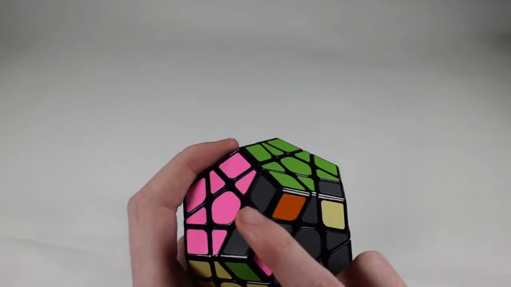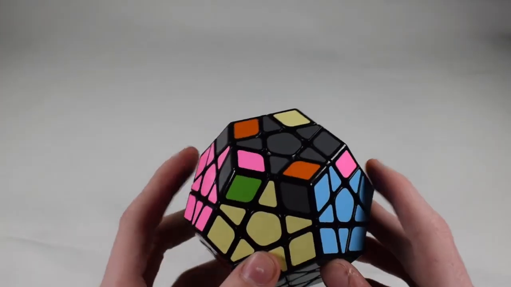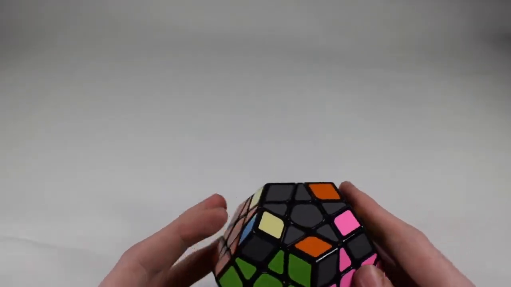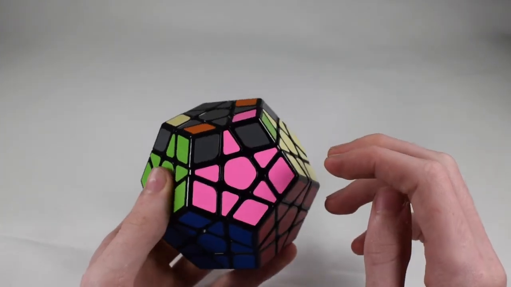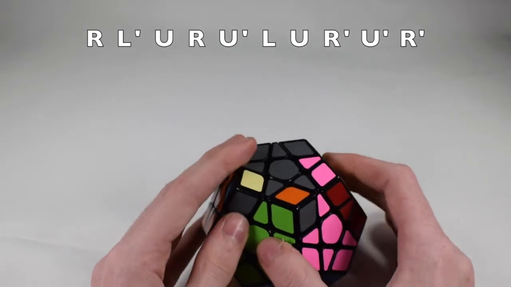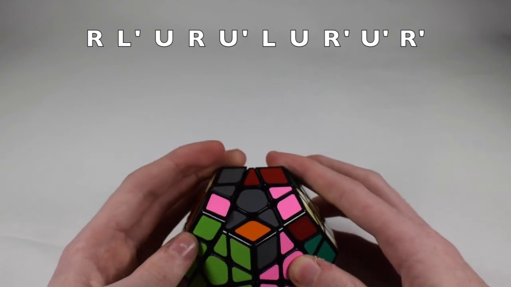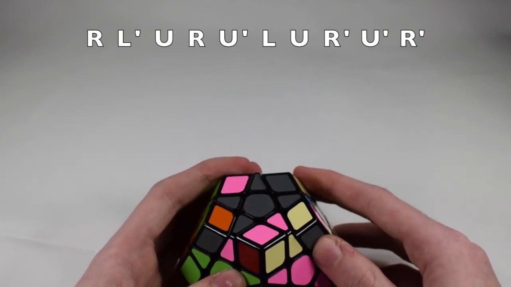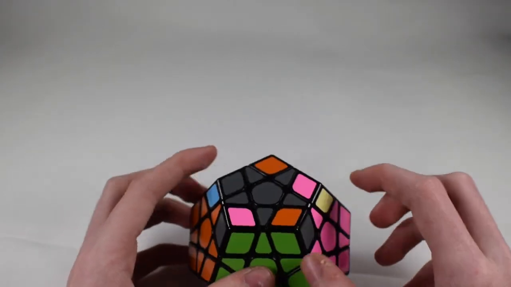Now, if you have none where they belong, as you can see, none of my corners belong where they belong, you're just going to hold from any side, except make sure you're holding it in the position shown earlier, and you're going to perform the same algorithm except starting with the R move that I did earlier. So R, L prime, U, R prime, U prime, L, U, R prime, R prime, U prime, R prime. And as you can see,